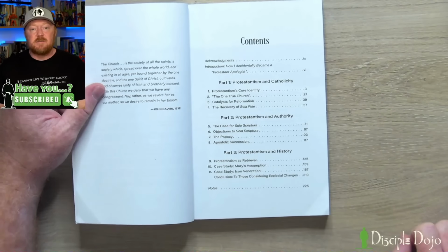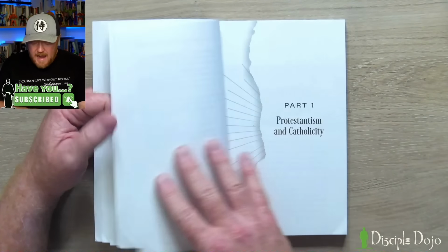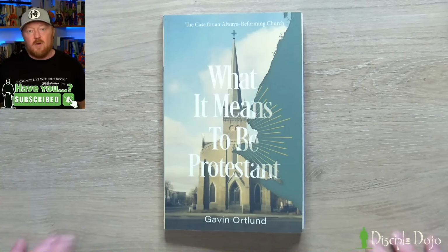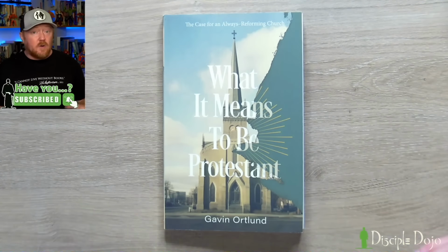So what I really liked about this was it disagreed without being defensive or antagonistic. It made the case for why Protestants believe what we believe, and then it engaged with the arguments that anti-Protestant Catholics, in particular, also some Orthodox, but mostly Catholic apologists engage in. So I would recommend this if you are a Protestant and you've never really thought about why you're a Protestant. Maybe you've given thought to becoming a Catholic or Orthodox, and you have friends or people on YouTube that sound convincing, like, oh, I need to actually come back to the one true church, that kind of stuff. This would be a great book for you to read and see after you finish it